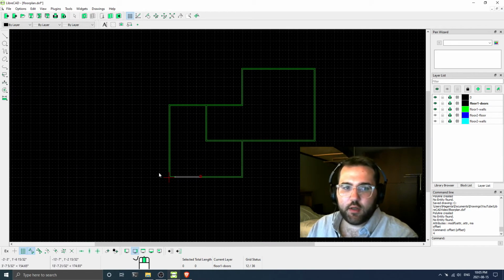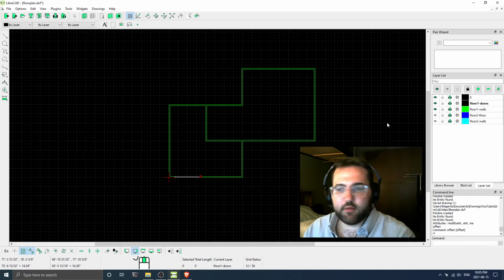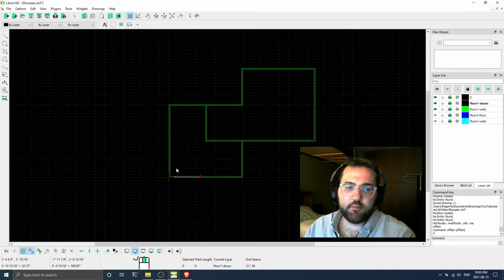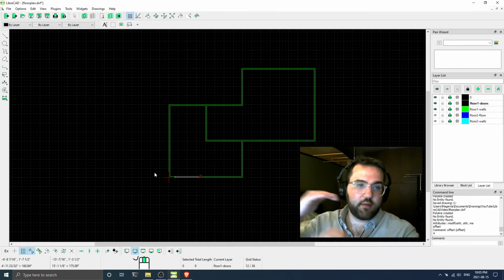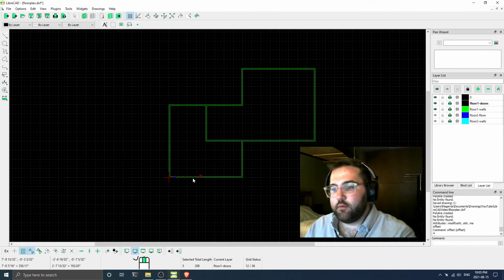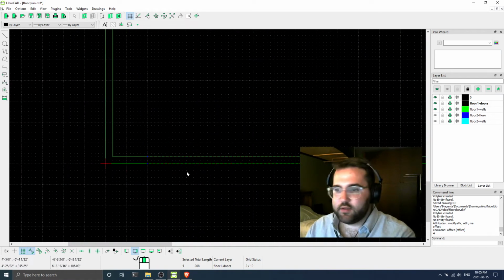The thing about layers in pretty much every CAD package, but also like LibreCAD, is that they don't actually correspond with the order in which the item is being drawn. So if you wanted to modify the attributes of how this is being drawn, so it would appear like below this line here,